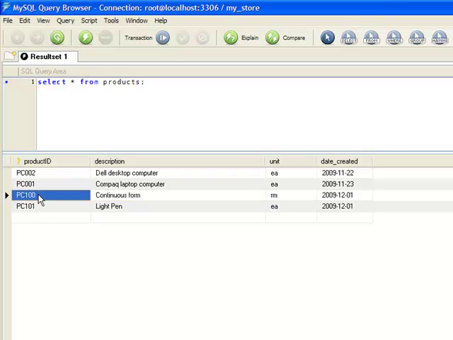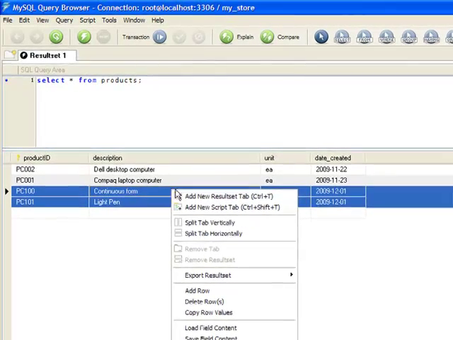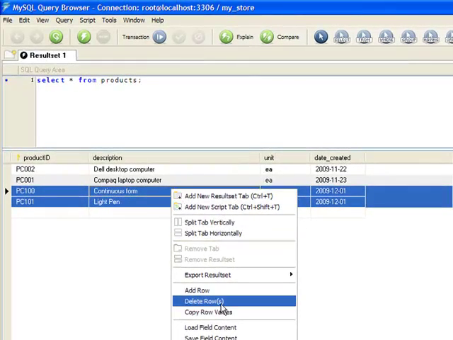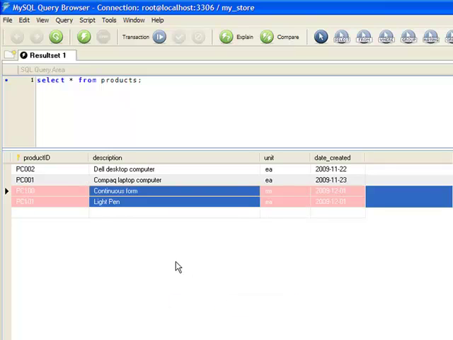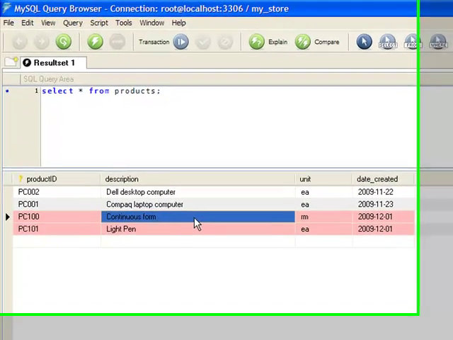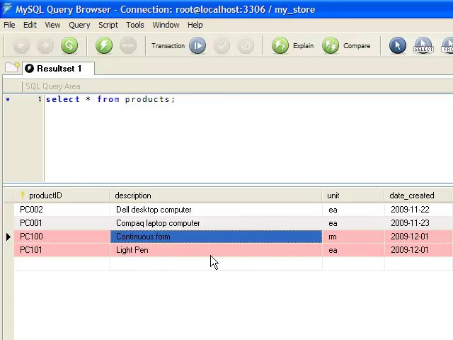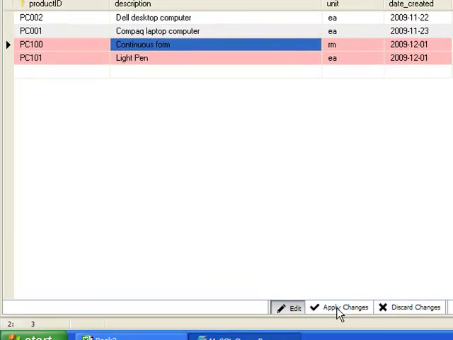We multiple select it by pressing shift arrow down, so you could see a blue background highlighting the two rows. We right click it. Okay, so we choose delete row. So you could see here the two rows were highlighted in pink. Okay, to make the changes permanent, we click apply changes.